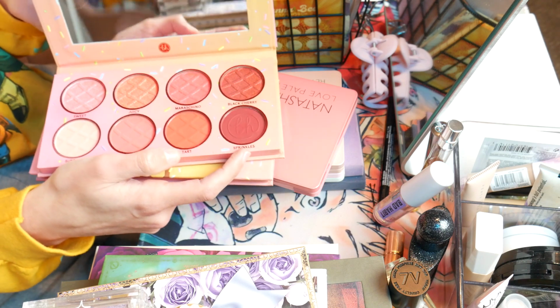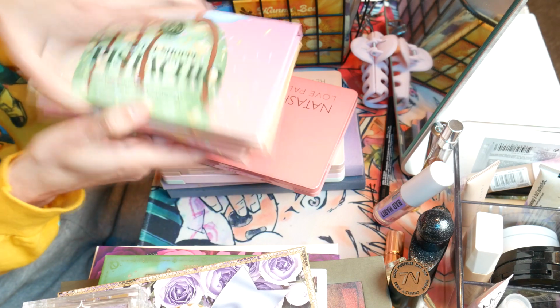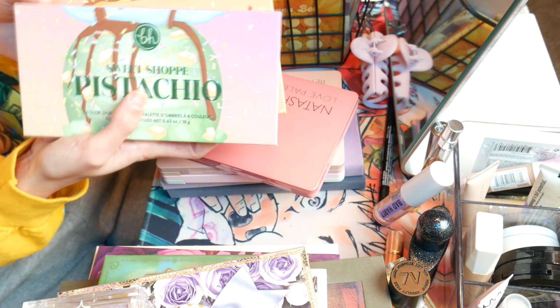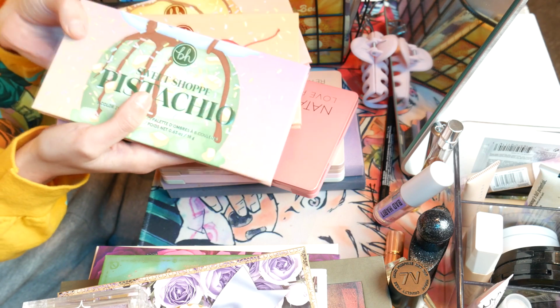Unfortunately though, just like the Club Nebula palette, you won't be able to get your hands on these ones unless you find them in your TJ Maxx. Sometimes I see them floating around. I don't know what's going on with BH. I hope that they do make a comeback and can re-release these palettes, because these were a